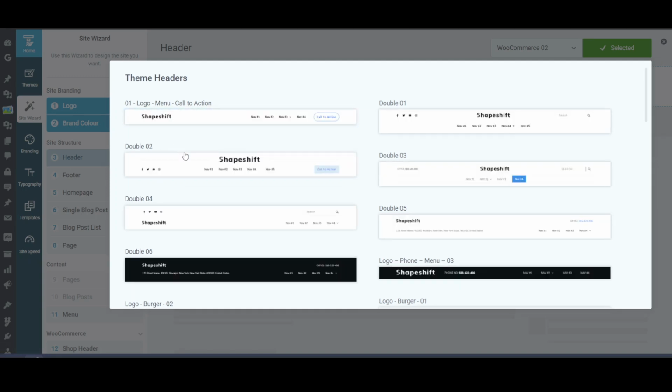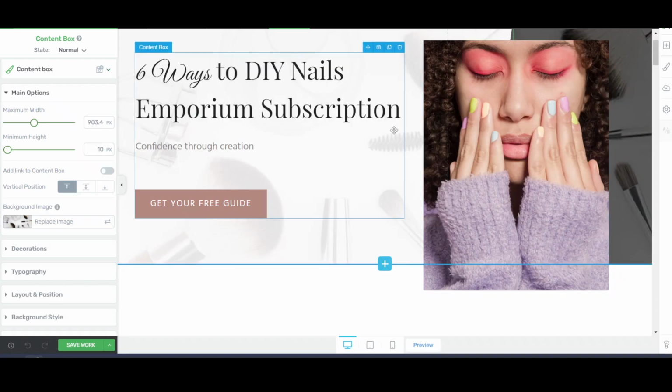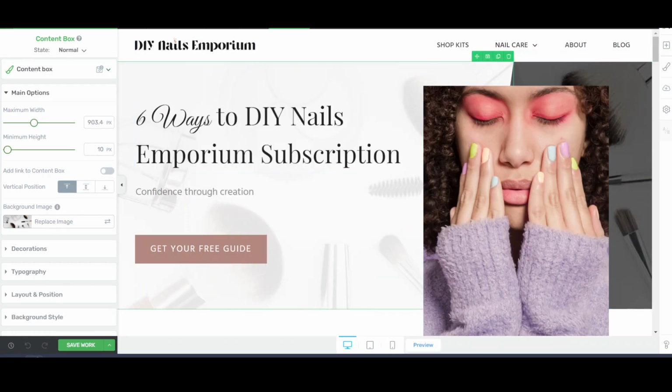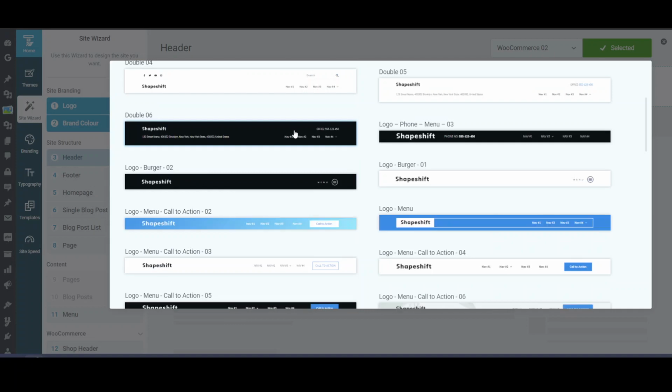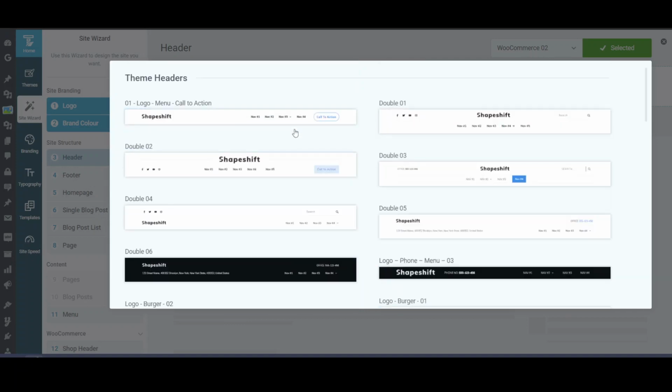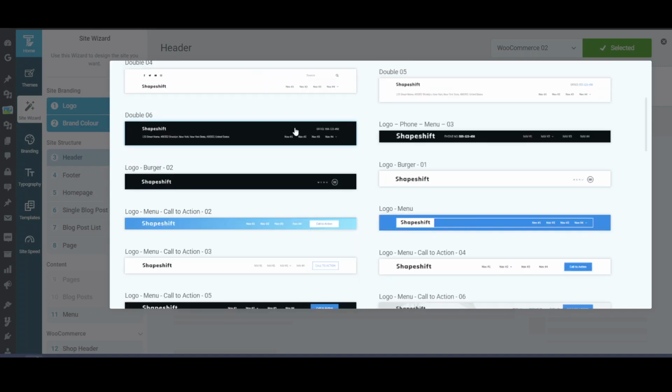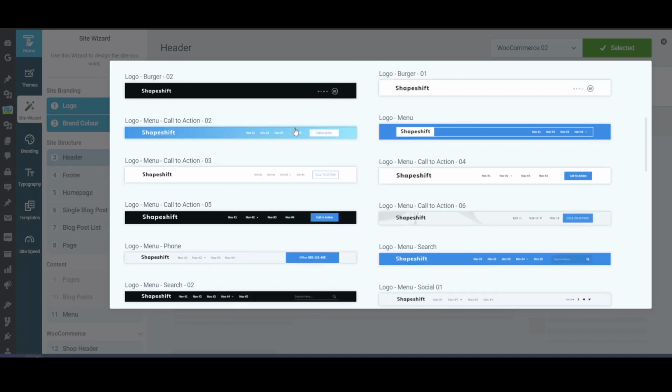For example, these are the different settings that are available in the header, but the default header that we are using here is this one, and client has approved it. So what we can do is we can choose this one, I think. Yeah, this one is having a button also in the end, so client will be selling out subscription kits, so we can choose this button also. And this is not very broad also, so there are different options available as far as header is concerned.